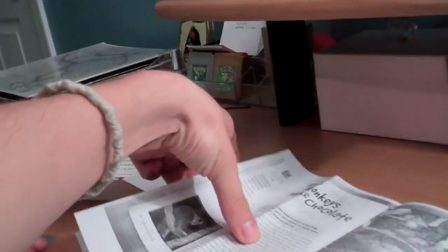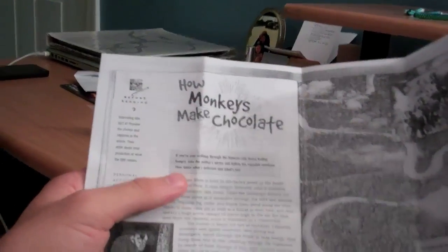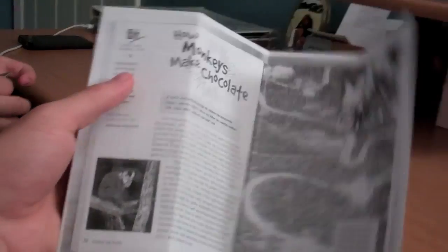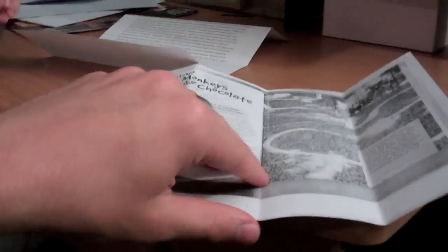And then he sent us this, which he said he was doing in his school, and it's called How Monkeys Make Chocolate. The reason he sent us this is because, you see that right there? Who does that look like to you guys? Boo. So it's supposedly about, we haven't read it yet, but he asked his teacher to keep this. It's supposedly about